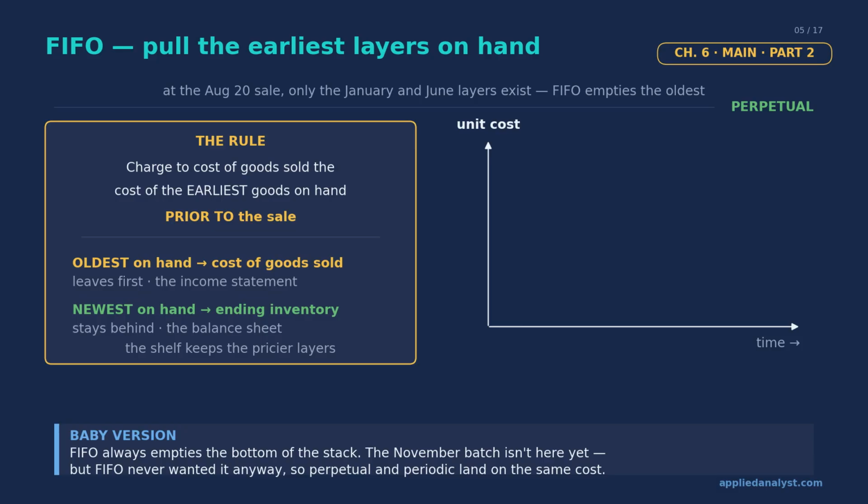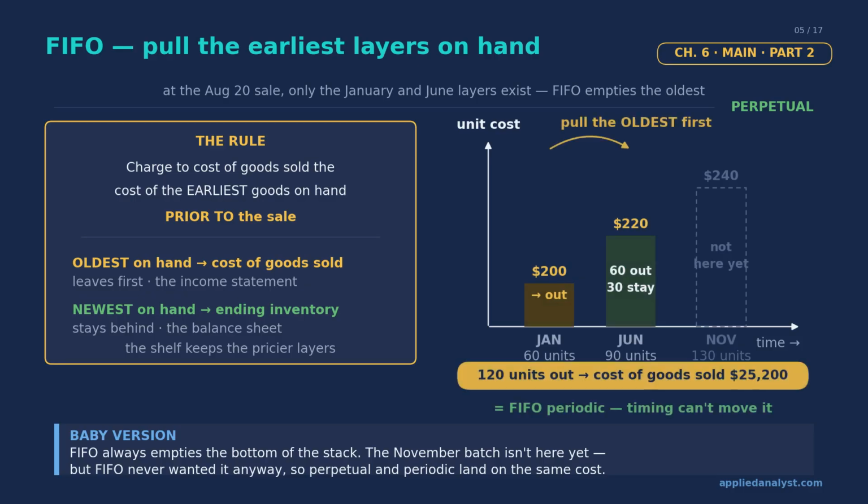Prior to the sale. Lean on those 3 words, prior to the sale, because that phrase is the perpetual idea. At the August 20th sale, you only look at the layers that exist right then. The November batch at 240 hasn't arrived. Watch it sit there grayed out, not here yet. FIFO reaches for the bottom of the staircase. The oldest, cheapest layer walks out to cost of goods sold first, and the newer, pricier layers stay behind as